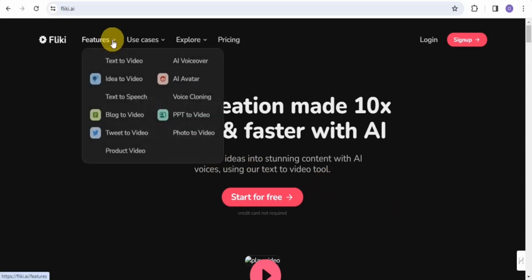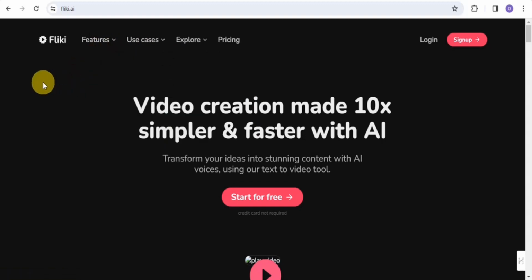As you can see, Fliki has a lot of tools right here. We have the text-to-video, idea-to-video, text-to-speech, blog-to-video, tweet-to-video, product-video, and we also have the AI voiceover, AI avatar, voice cloning, PPT to video, and photo to video. So right here guys, you simply want to make use of the tool or feature you want. So the first thing guys you simply need to do is to start for free,